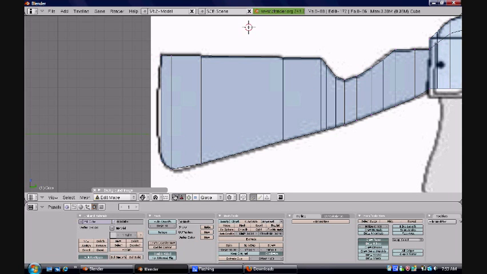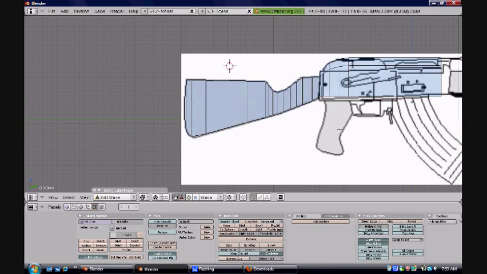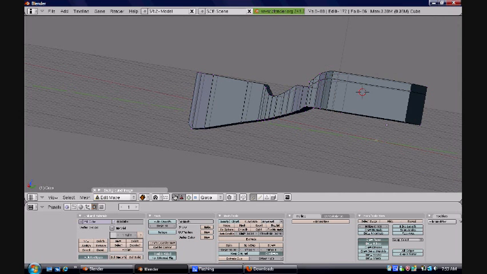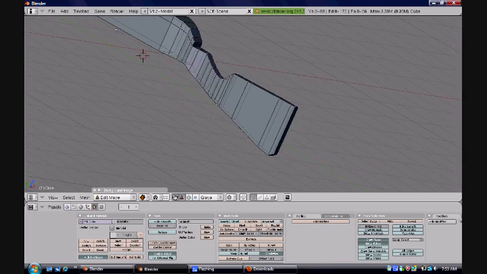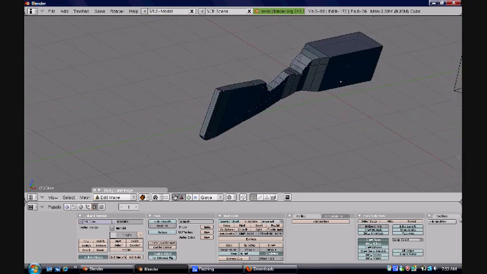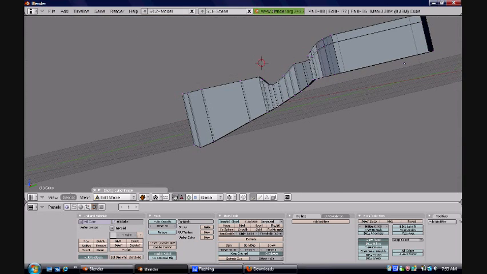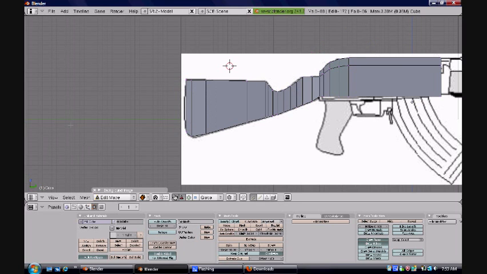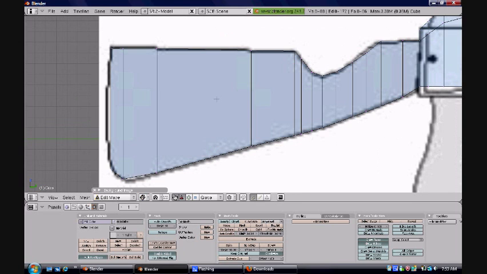As you see now, I've finished modeling the end of the gun, and this is my end result. This so far, it looks okay for real basic, but that's what I'm aiming for. Nothing too amazing. As you see, I'm trying to finish this last part, and I'm going to select this point, hit K,